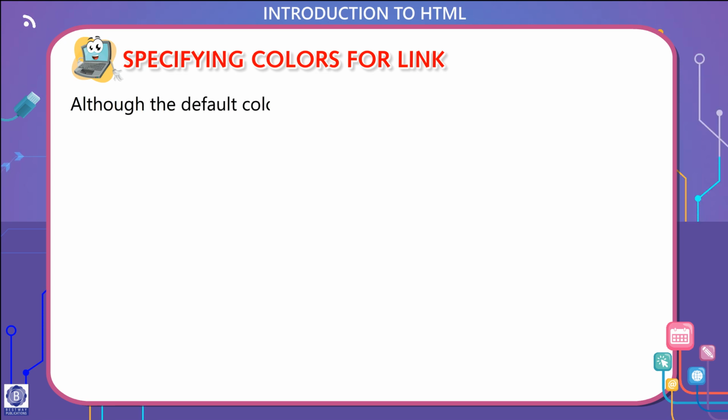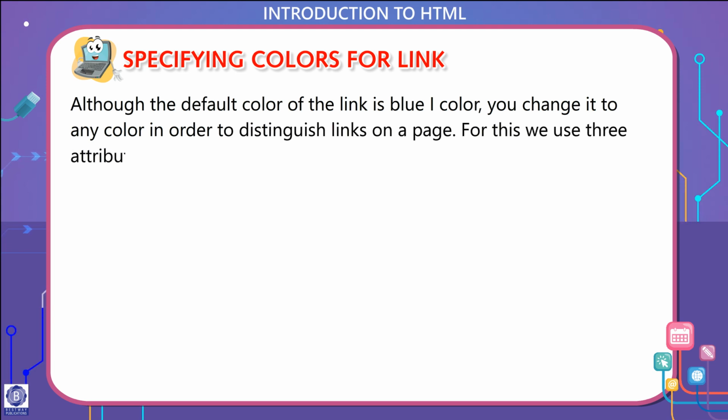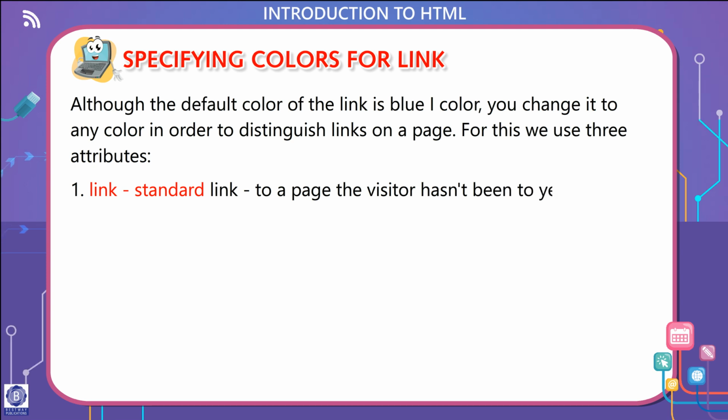Specifying colors for links. Although the default color of the link is blue, you can change it to any color in order to distinguish links on a page. For this we use 3 attributes. First one is link, a standard link to a page the visitor hasn't been to yet. Standard color is blue,